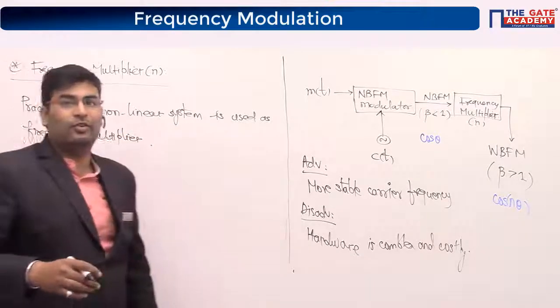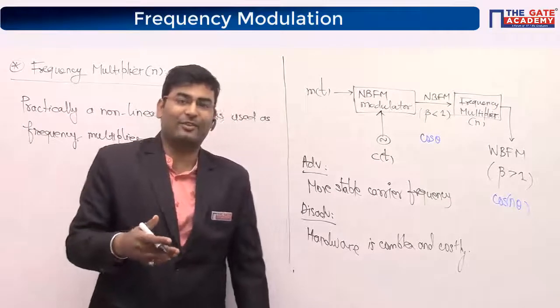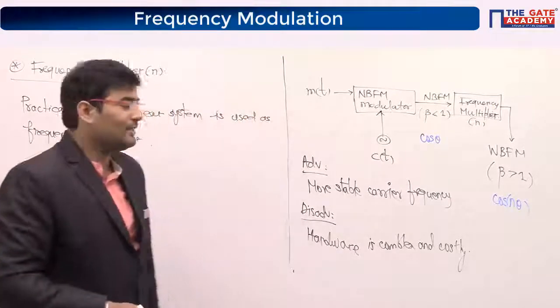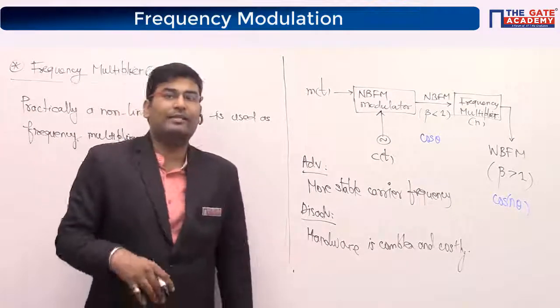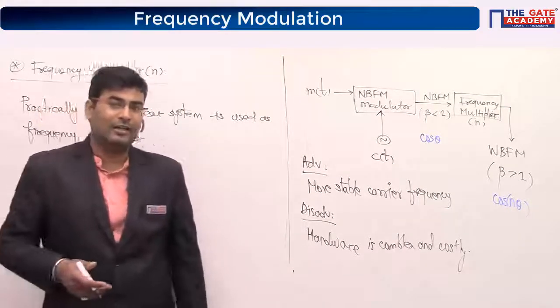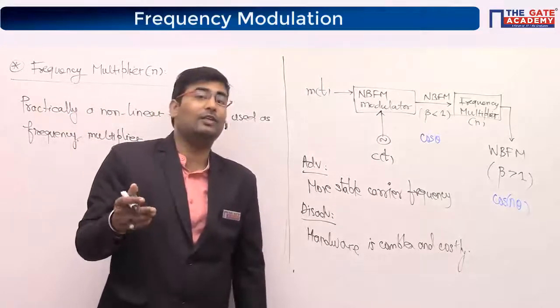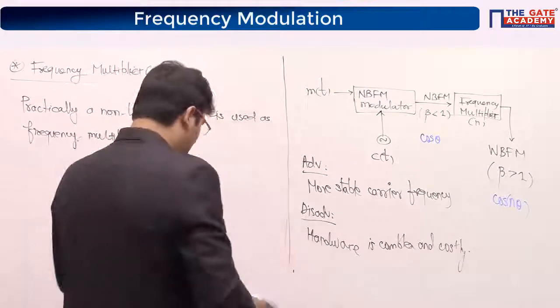Right? If you want to go from 2 to 4, 4 to 8, you cannot go linearly, because it will be 2 plus 3 plus 4 plus 5. So it has to be a multiplication. And whenever you do multiplication, it is always non-linear. Even in signals and systems, you might have studied that if you have a combination of x1(t) into x2(t), that cannot be linear. It is always non-linear.